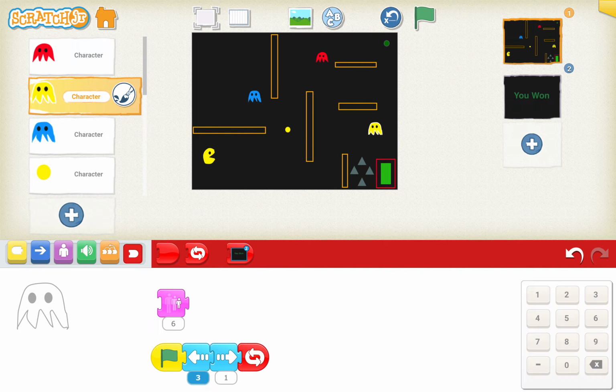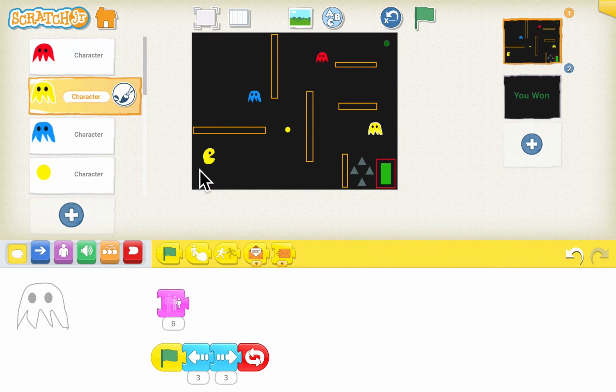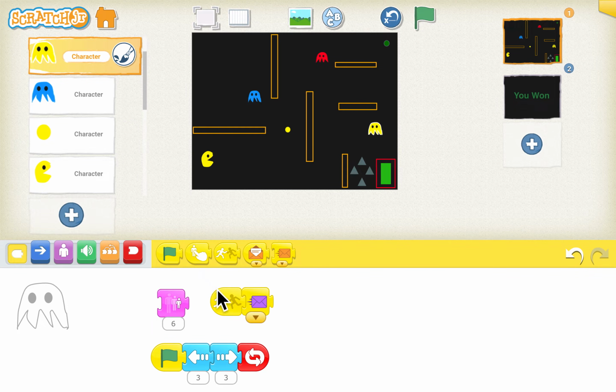Instead of 1, we'll choose the steps to be 3. It will also do the same thing when the Pac-Man touches the yellow ghost. It should send a message. So start on bump character, then it will send a message which will be purple in color, same as the red one. We will put these same blocks in the blue character.